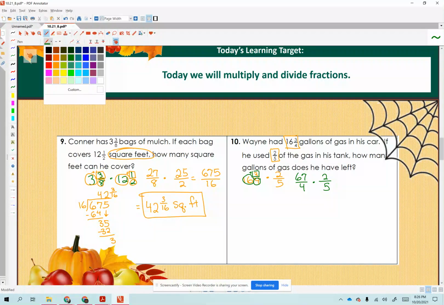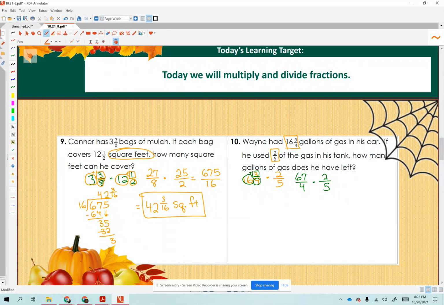Now, in terms of simplifying this further, the 5 is not a factor of 67, and this, in fact, is a prime number. So we can't do anything with that, but the 2 and the 4, we know 2 is a factor of 4. So 2 divided by 2 is 1, 4 divided by 2 is 2,